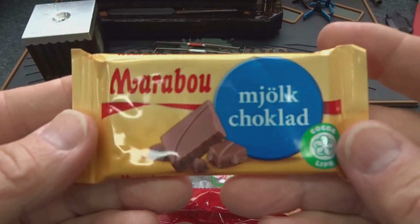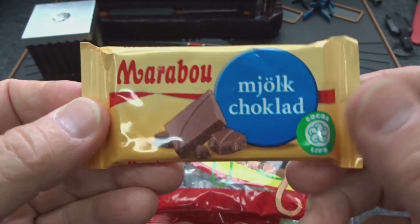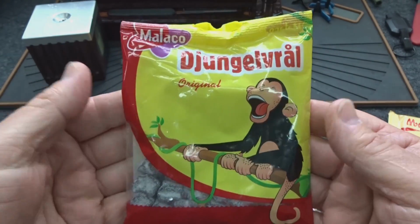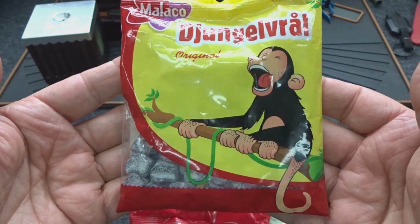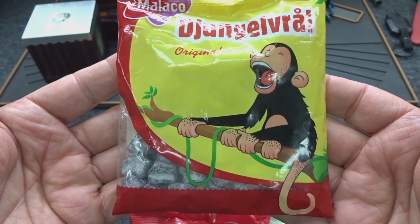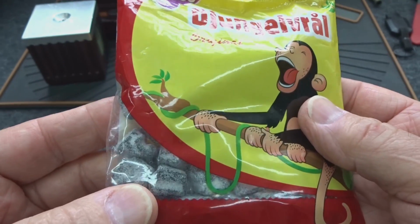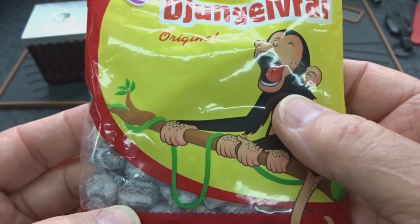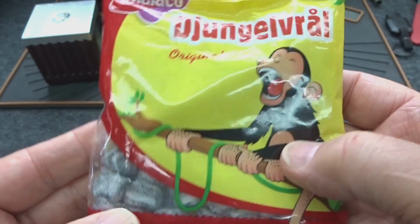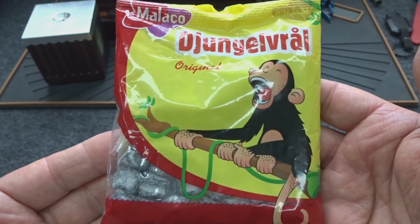First of all, I have a bar of what is apparently chocolate because I can see a picture there. So very clearly chocolate. Thank you very much for the bribe. I've also got this one. I'm a little confused, but again, using our current government's logic process, these are monkey pellets. They have a picture of the monkey, and I'm not sure if these are pellets for monkeys or if they're pellets actually made from monkey. Really can't tell. He looks happy, so these are probably food that children feed to wandering monkeys on the streets